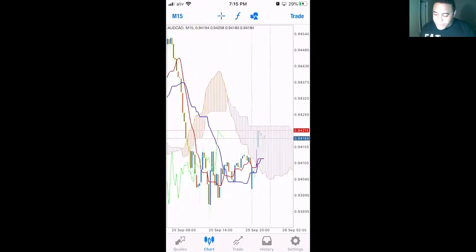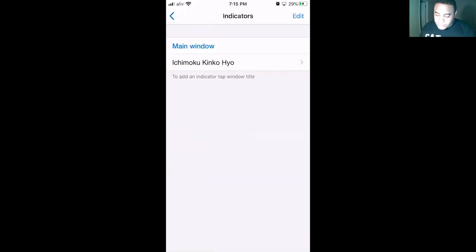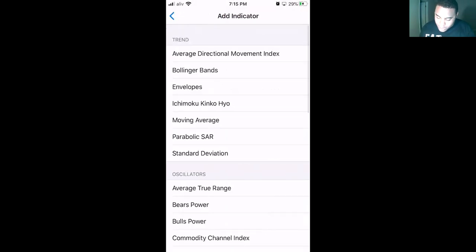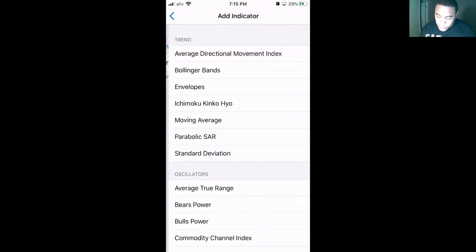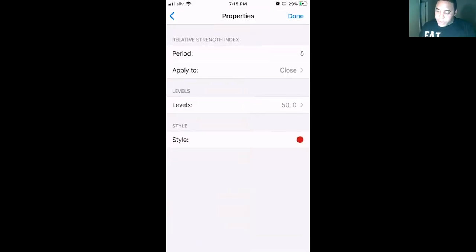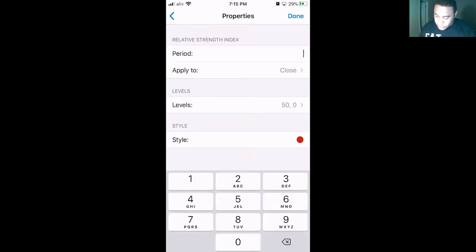If you want to add a different indicator, you can go back to the F button, or you can go ahead and just touch the screen if you have an iPhone, and the indicator is going to pop up. Say I want to add the RSI. Let me slow that down. So I just hit in the main window. Then we're looking for the relative strength index, the RSI. The period isn't the default setting on it, so I'm just going to change it to 14. Apply the close levels. I'm just going to leave it at 50 to show a level in between, or I can go